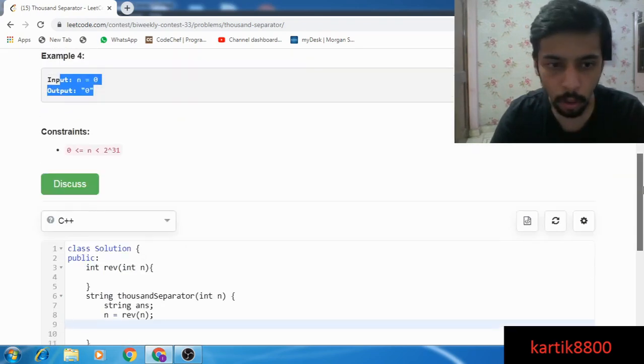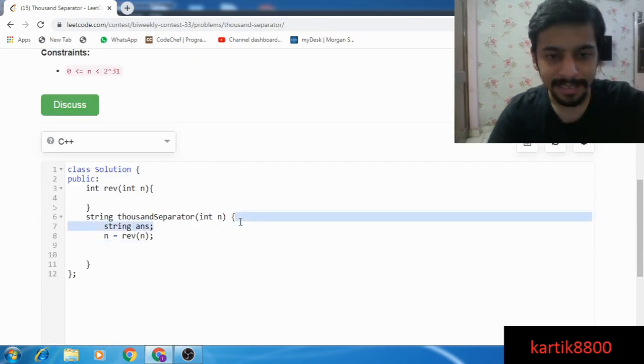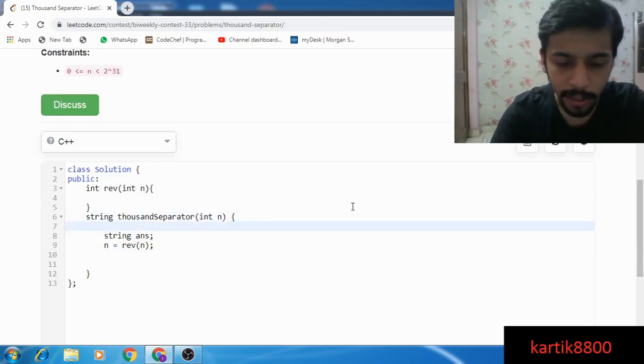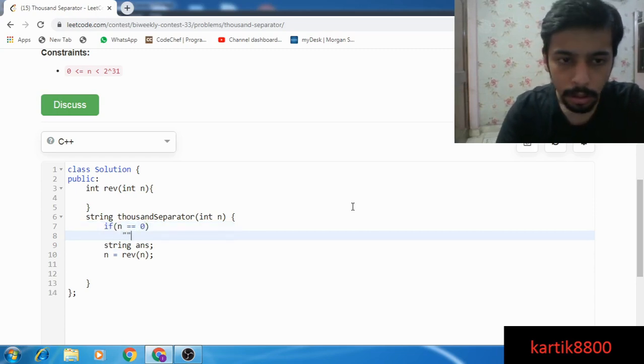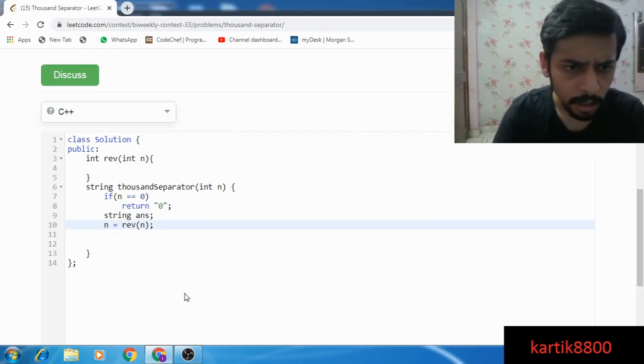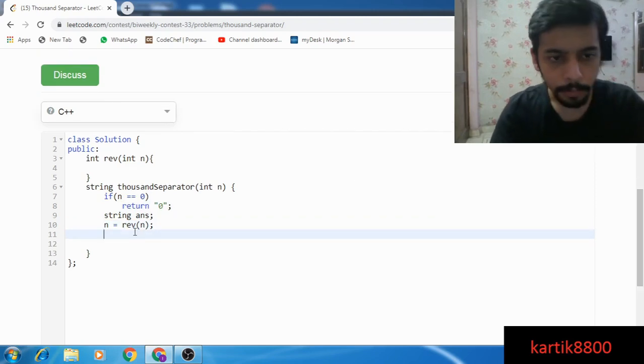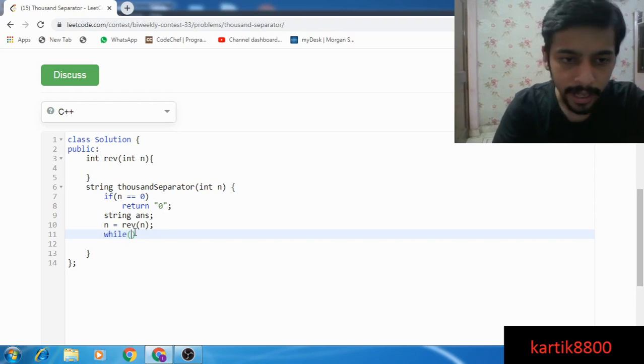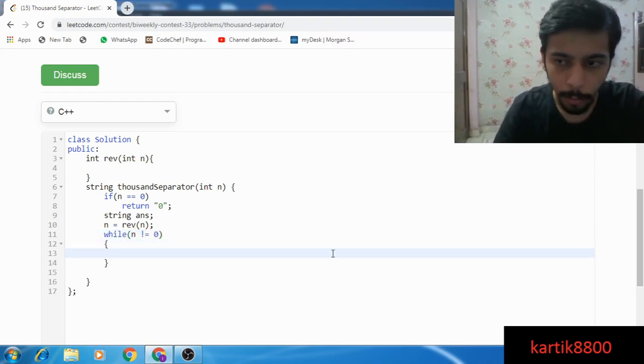If n equals 0, let's handle this separately because this is going to give me trouble for sure. So if n equals 0, return 0. This might give me a compile error, I'm not sure. No, it should not.